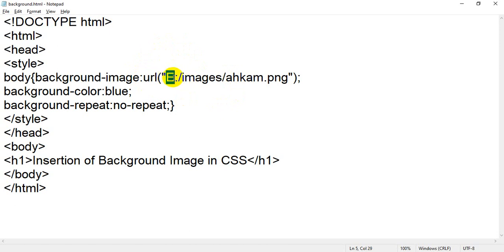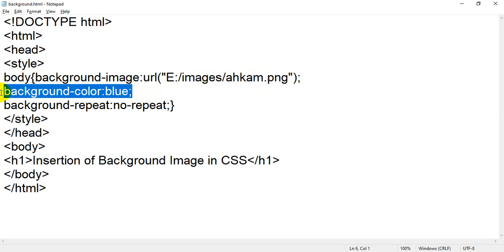Meaning, in E drive we have a folder called images. In that images folder we have a file named acom.png. Okay, this is the unique address of that image. After that we added one more property, background, which we have seen earlier. If you remove it there is no problem.